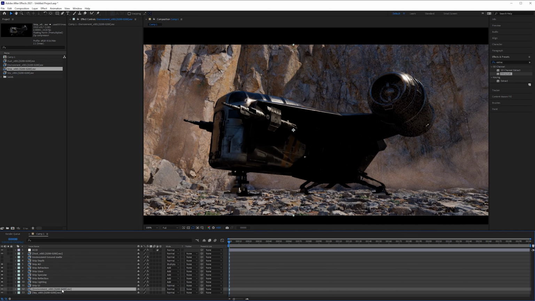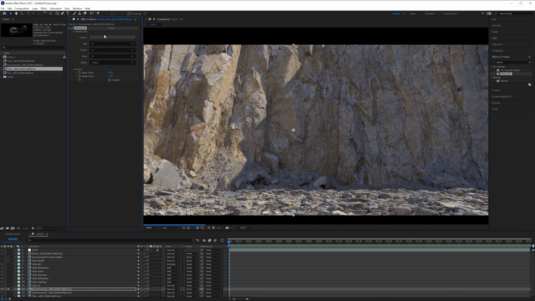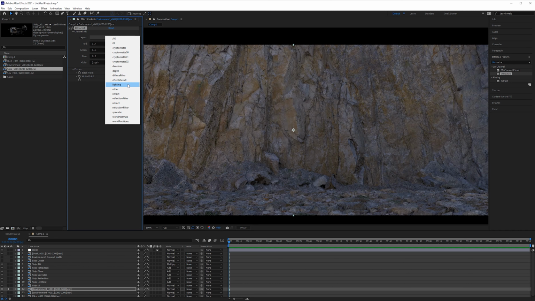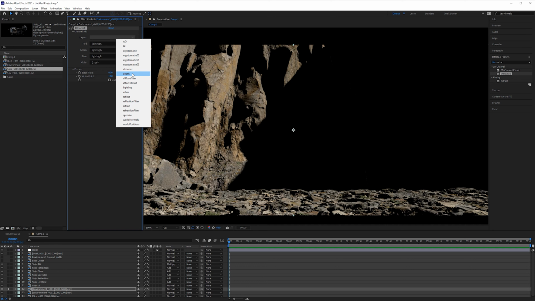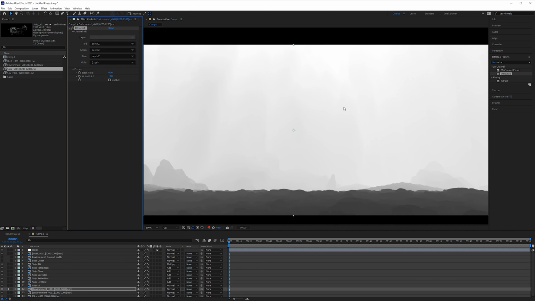And once you've done all that, you would do the same thing for your environment. Your environment also has those same passes. Just check to make sure they're all there. You should have everything like GI, your reflections. You can just flick through these if you're pretty confident they're all set up. If they work fine for the Razor Crest, they should be the same here. The really important one for us though is going to be depth. Depth needs to be working properly. So we're going to be combining this with the ship depth, and we'll be creating some depth of field with that.